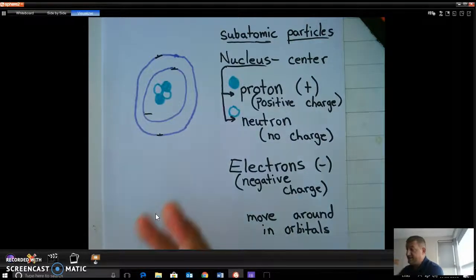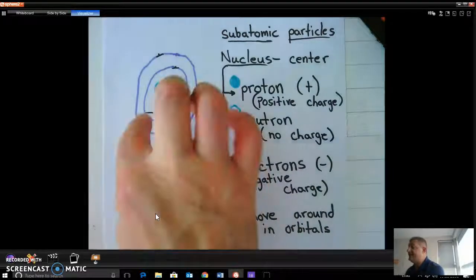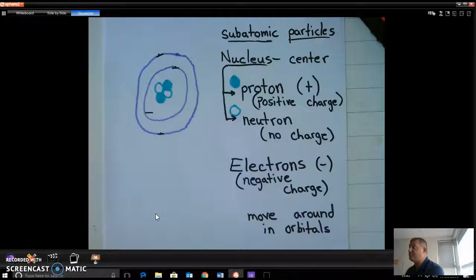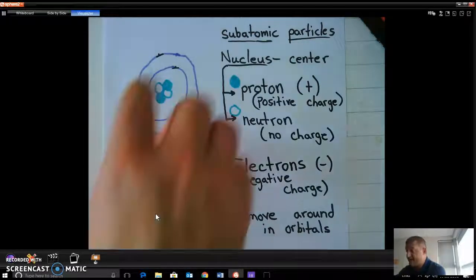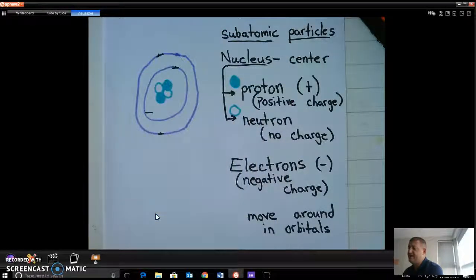Now, most atoms like to be neutral, which means they have the same number of electrons as protons. That's generally what they like. They try to keep the same amount of electrons as protons. But not always. They can change. But this gives you a basic idea of what an atom would